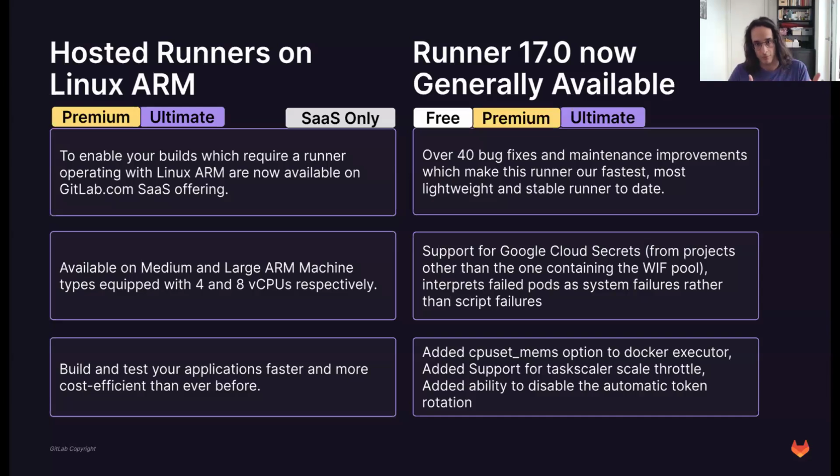So for example, what we have on the slide right here, now we have hosted runners on ARM microprocessor architectures. This is SaaS only, so GitLab.com only. But if you or your customers are using GitLab.com, now we have these kinds of machines. For some workloads, I'm sure you know that these are much more effective. They can come out cheaper at the end of the day. And for some workloads, they are just completely necessary.